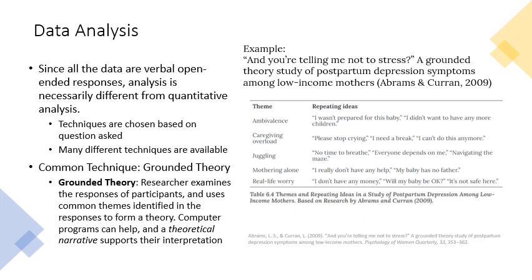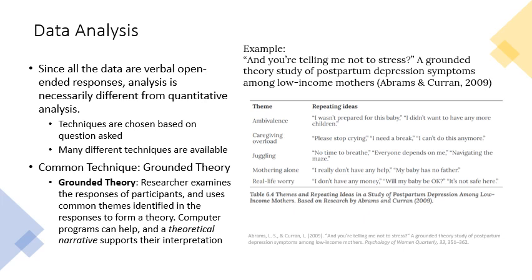And this is grounded theory. The researcher examines the responses of participants and uses common themes identified in the responses to form a theory. So the researcher does just a lot of reading. And then if they see one family mention something and see another one mentions the same thing, this is like the grounding that they use, and then they pull more evidence and see if in general this theory is supported by what all of the families said. A theoretical narrative will support their interpretation. So in other words, they have these themes that they're then looking for, and then that can help them interpret